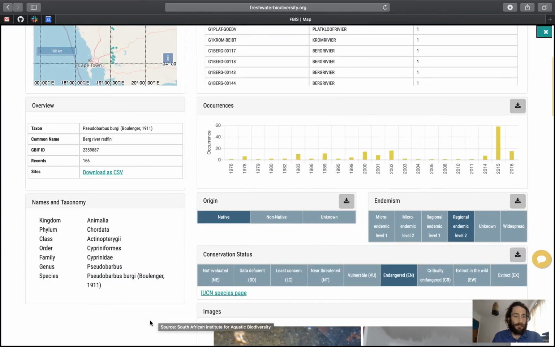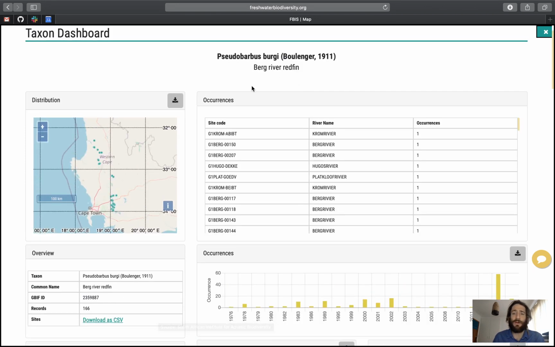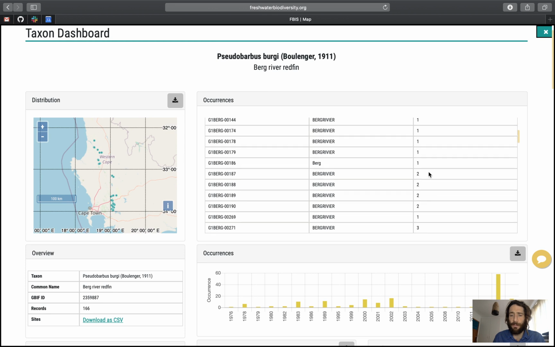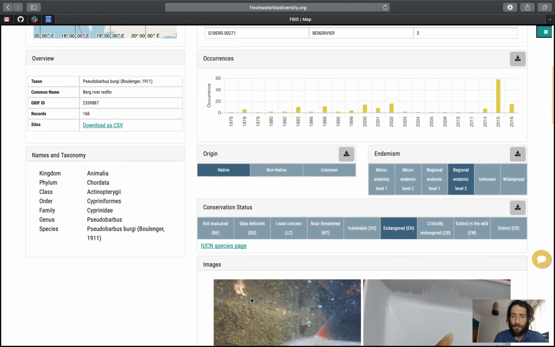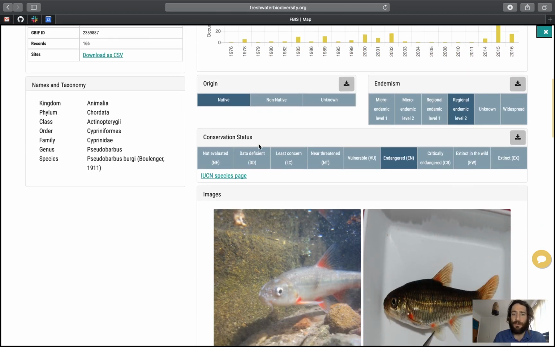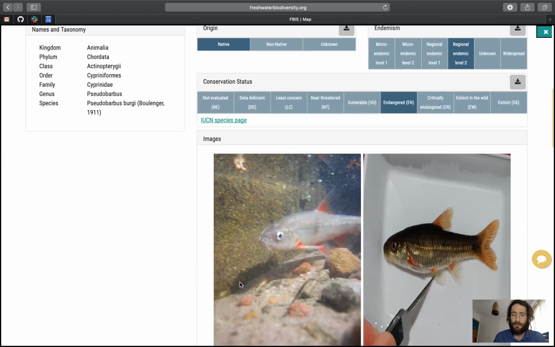Coming back to the detailed dashboard, there's a breakdown of the name of the species and its taxonomy, and then an overview of the occurrence records in the top right. This shows the sites and the rivers and the numbers of occurrences for each site. It shows these occurrences displayed as a graph over time with occurrence records by time. You can see there was a big spike in occurrence data records in 2050, but the earliest record was as long ago as 1976. Again, a breakdown by origin, endemism, and conservation status, images for the taxon, and then at